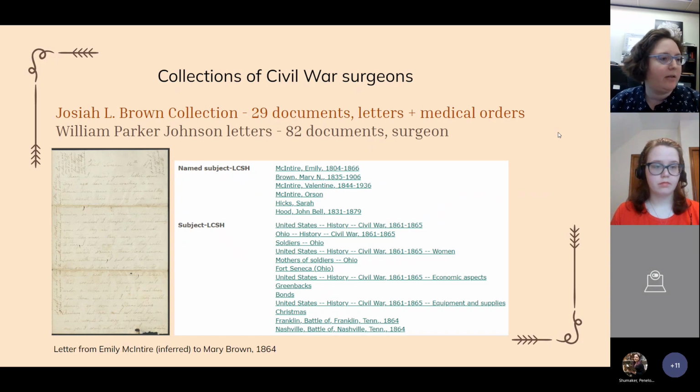So within the collections, we have two collections that have to do with this. One is the Josiah L. Brown collection, about an assistant surgeon during the war, and the other is the William Parker Johnson letters, he was a surgeon during the war. And in these two examples, we were able to really flesh out all the different things that people were talking